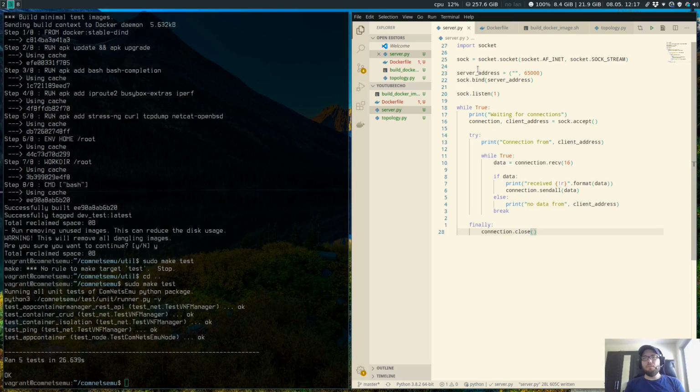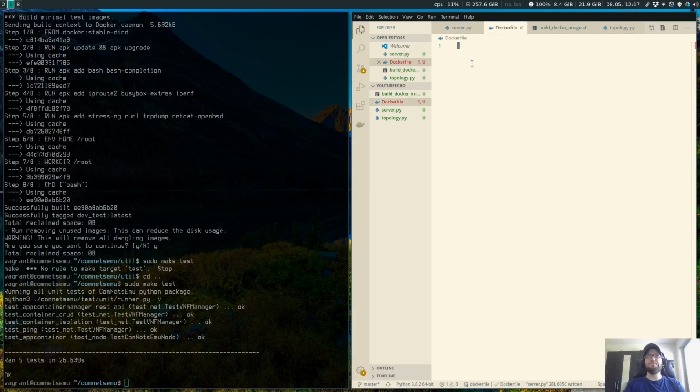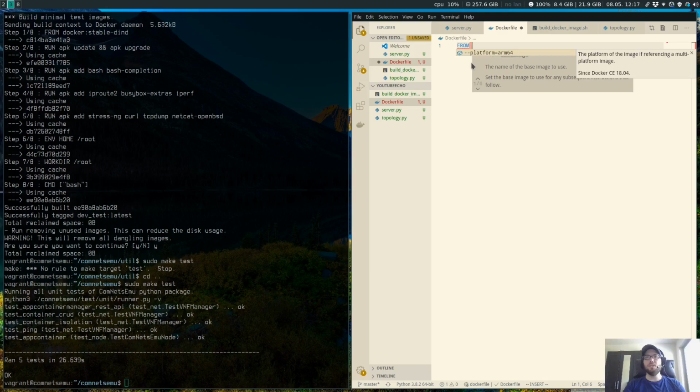I chose Python, but this server can be implemented in any language that you want. This can be Go, this can be C++. Your application can be done in any type of language that you want. So once this is ready, we need to containerize it. So let's edit our Dockerfile. Our Dockerfile will be very simple. We need to specify an image that will be our base image. In this case, let's say Python 3.6